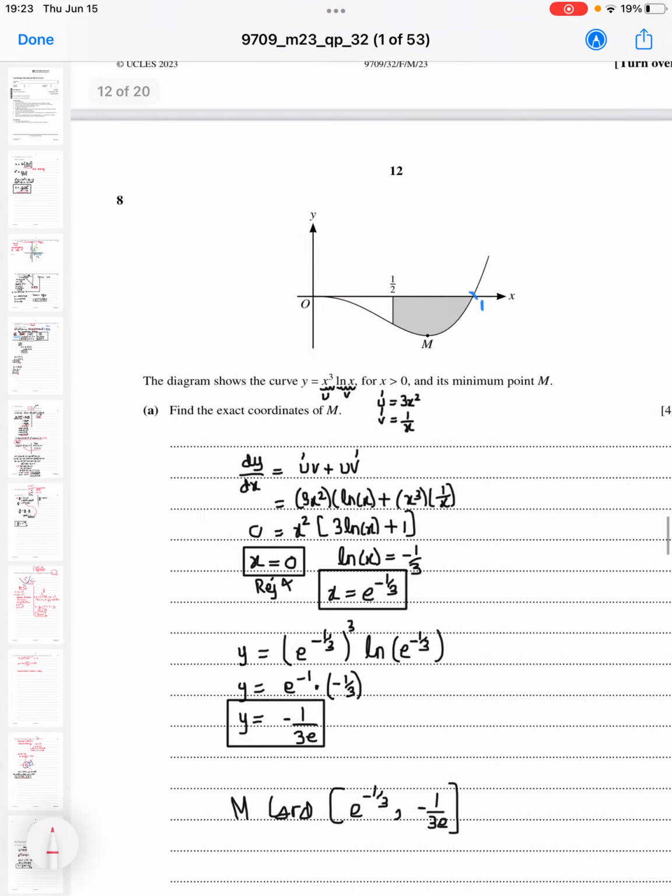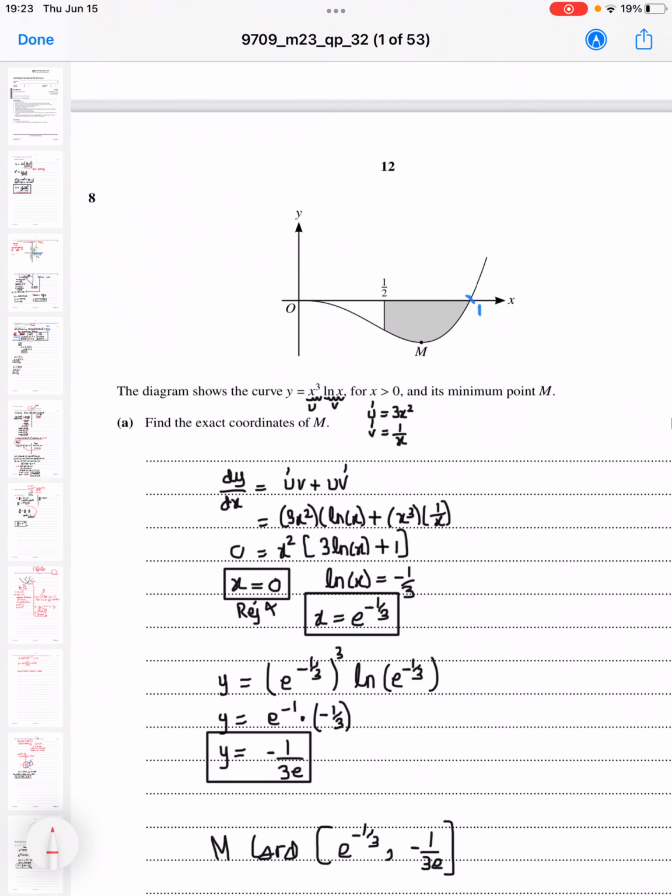Question number 8 says that the diagram shows the curve y equals x cubed ln x. Find the exact coordinates of M. So in order to find the exact coordinates of M, we need to find the stationary point. In order to find the stationary point, we need to take the derivative. Over here, the derivative can be found from the product rule. In the product rule, you can take anything as u and anything as v. So u v dash plus v u dash